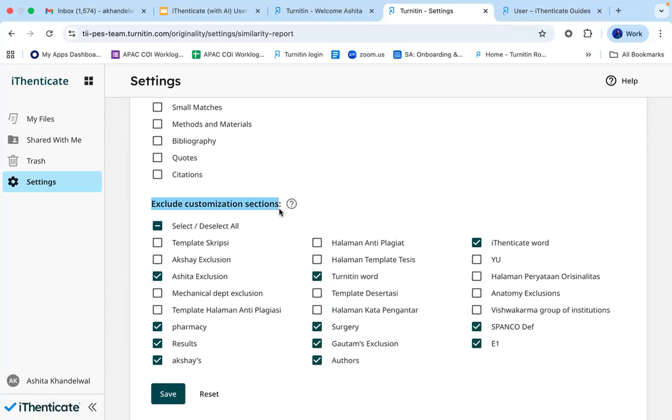And then comes customization sections. This basically means that if your administrator have added any custom sections over here, basically custom sections have few keywords and phrases that entire section can be excluded from your papers. For example,